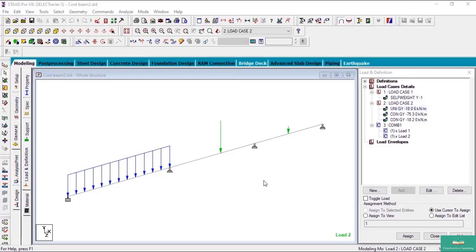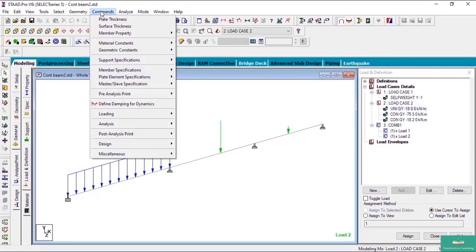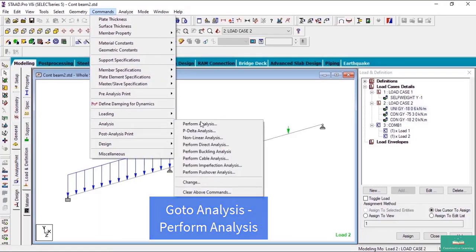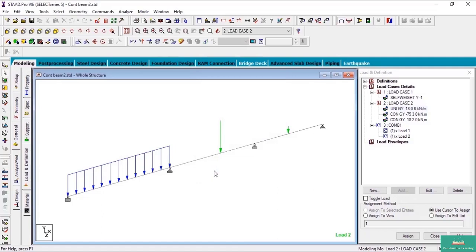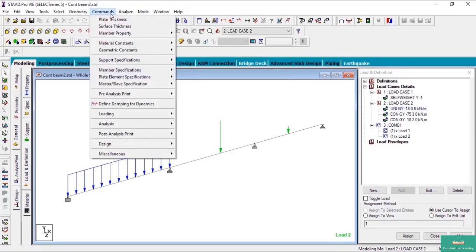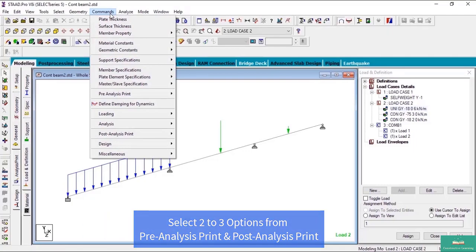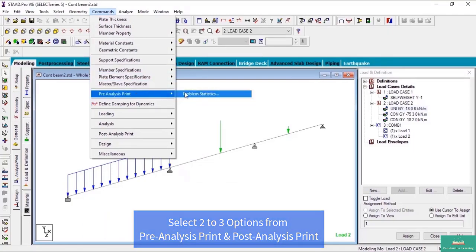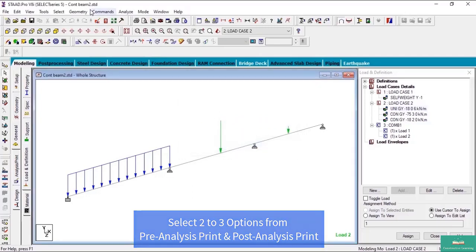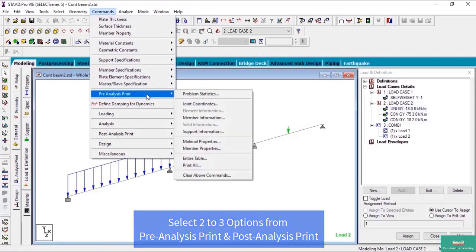Now we will move to analysis part. To analyze, go to commands, click on analysis, perform analysis. By default, no print will be selected. Click on OK. And before getting into analysis mode, select 2 to 3 options from pre-analysis print and post-analysis print. Yes, pre-analysis print.